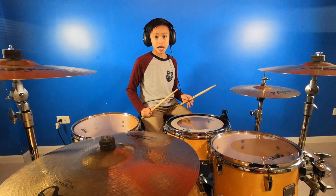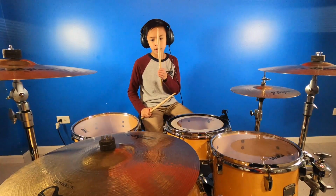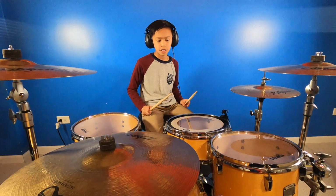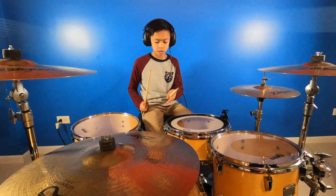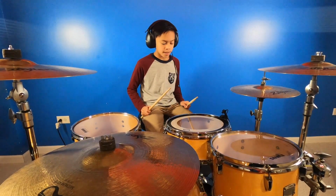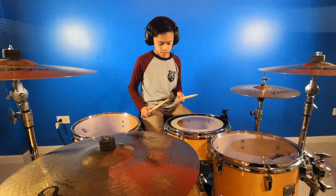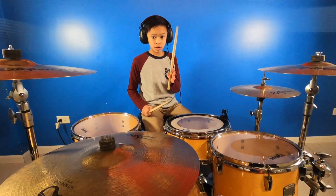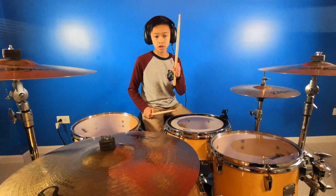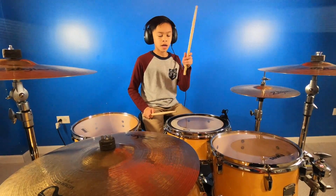Again, the hi-hat is just 8th notes, so 1 and 2 and. The kick and snare, it's just the same beat as the intro, the beginning, with the kick and snare beat to open up the song. And then the fill, it comes when you count 1, 2, 3, 4. If you say that as 8th notes, 1 and 2 and 3 and 4 and, it comes on the and of 1. So 1